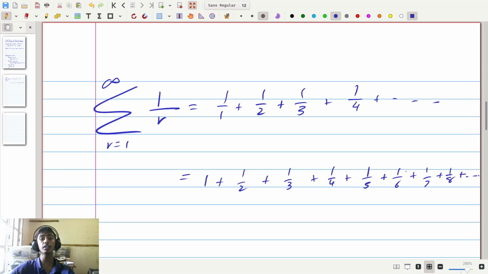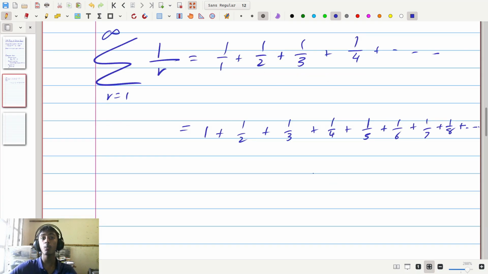Now consider each of these terms, the 1 divided by 2 to the power of n's that we have in this series. Here we have a 1 divided by 2 to the power of n, here we have a 1 divided by 2 to the power of n, and here we have a 1 divided by 2 to the power of n. What I'm going to do is write a different sum S, which is going to be